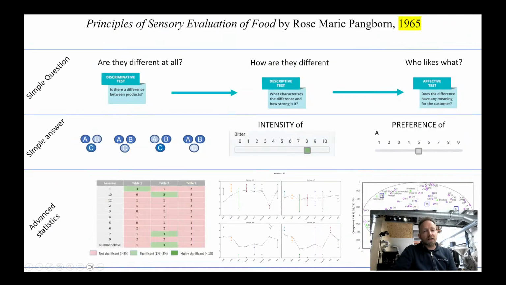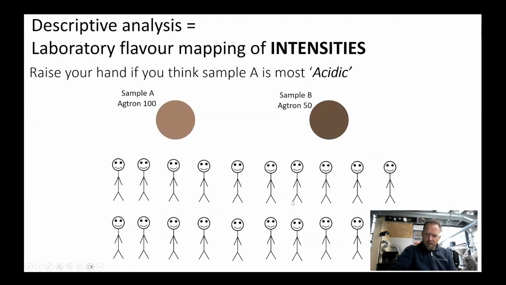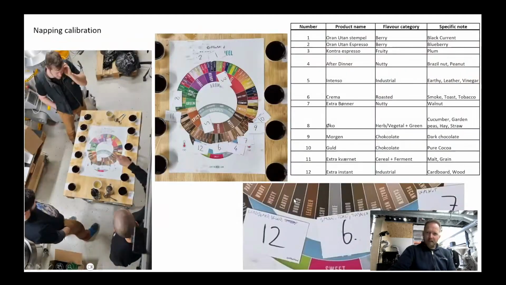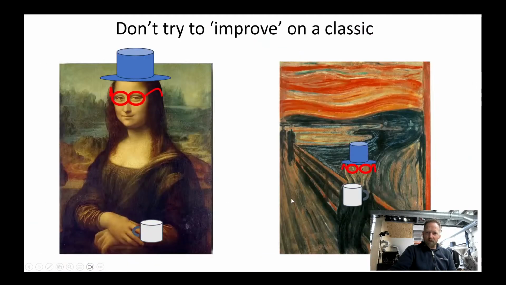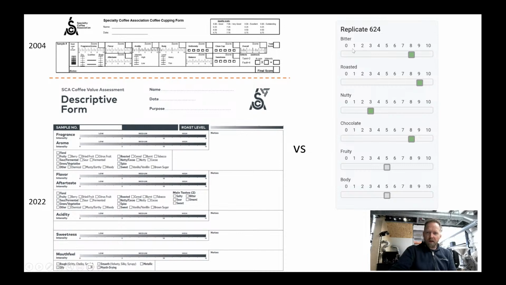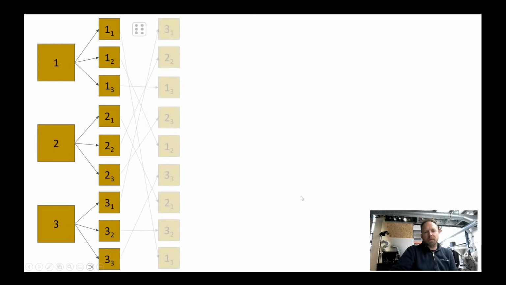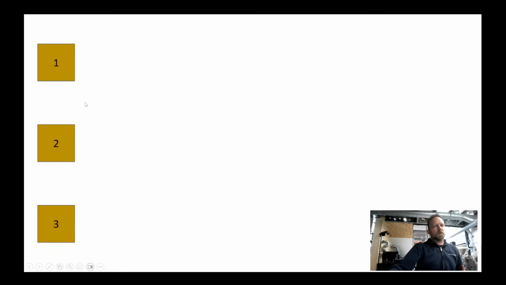It creates a huge data set, but it's just based on a lot of people, or a panel, preferably 10 to 12, preferably 12 actually, scoring intensities of a series of descriptors, and they'll have a lot of these to score. So you can see here, let's say that we want to describe 3 different roast degrees. It could be 3 different types of coffees roasted the same. And we want to describe the differences.